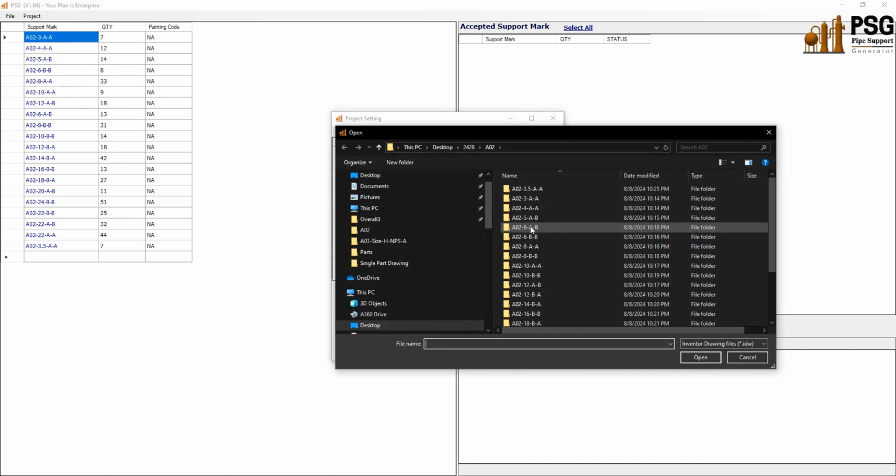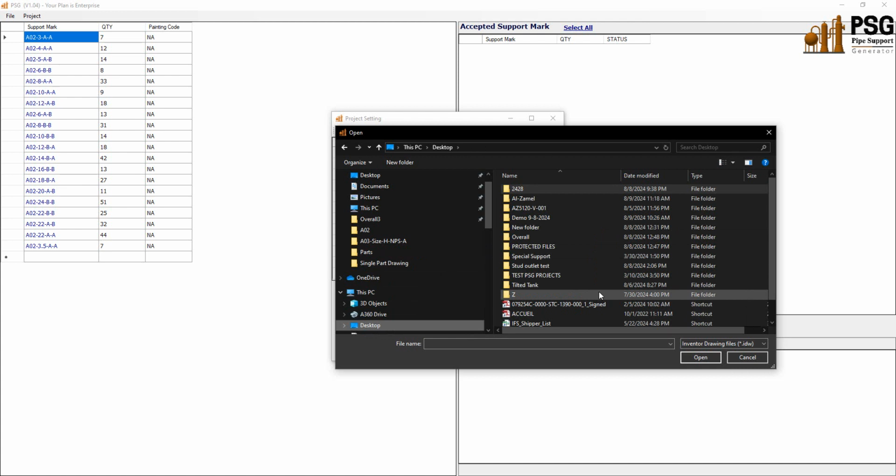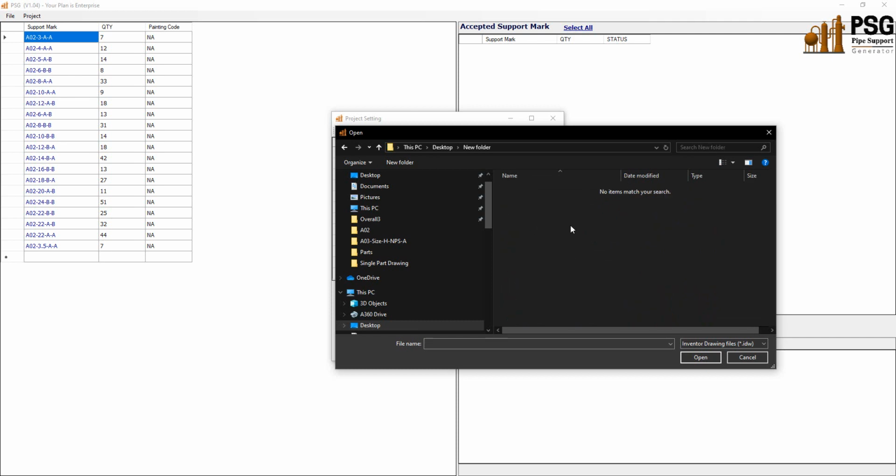Like if you would like to select a defined title block, for example, you can select it from here. So from new folder,